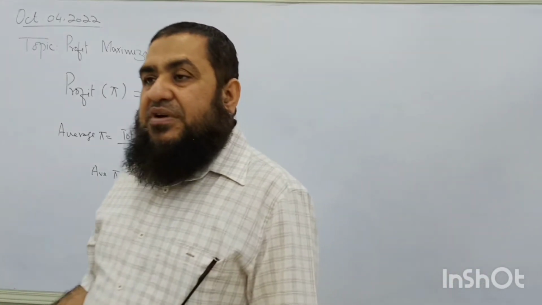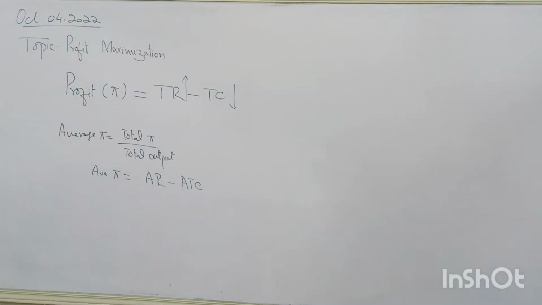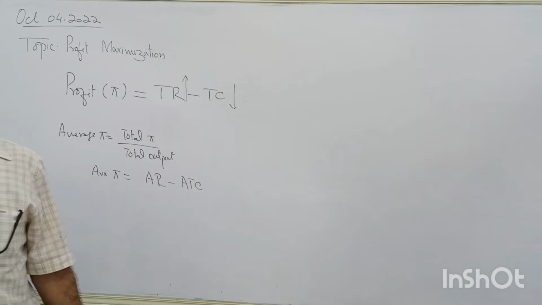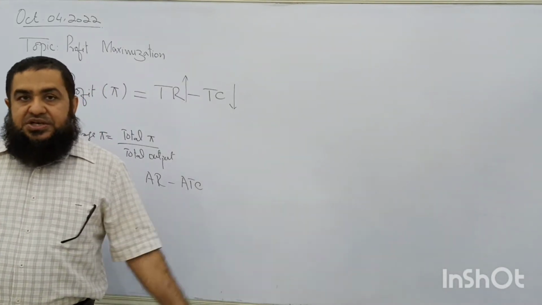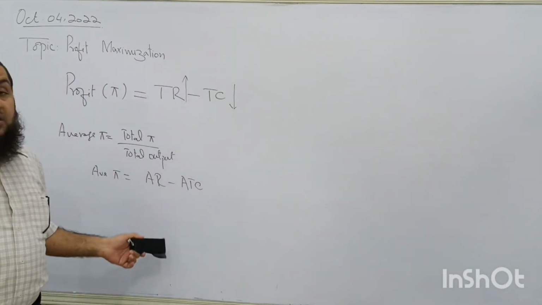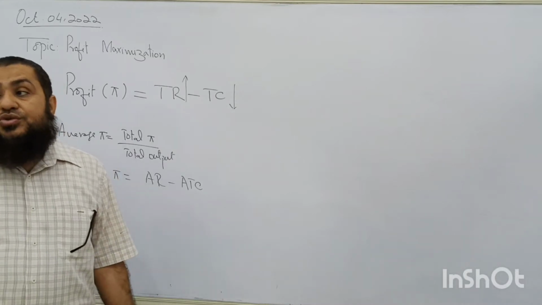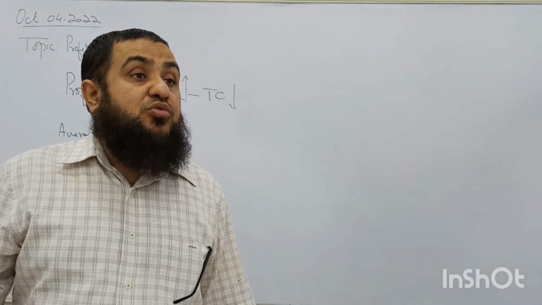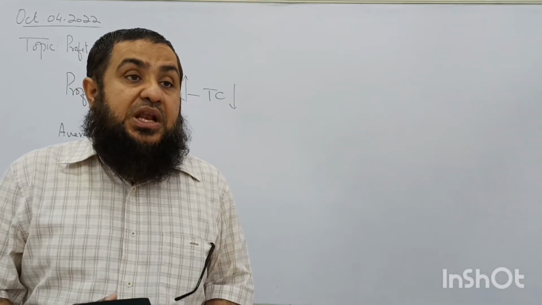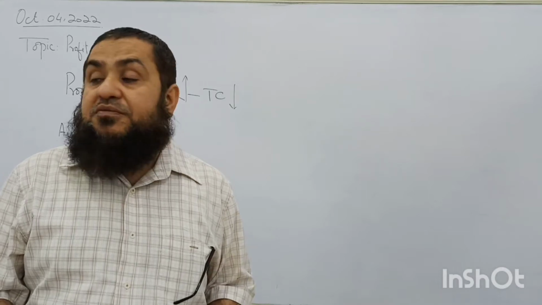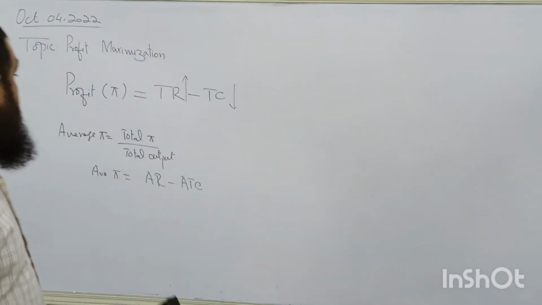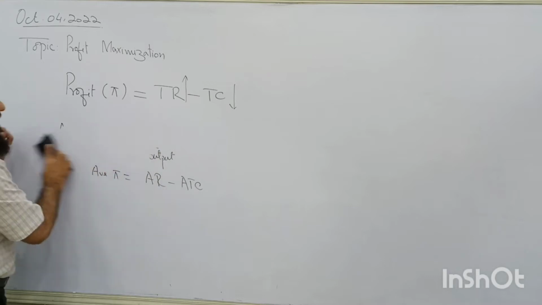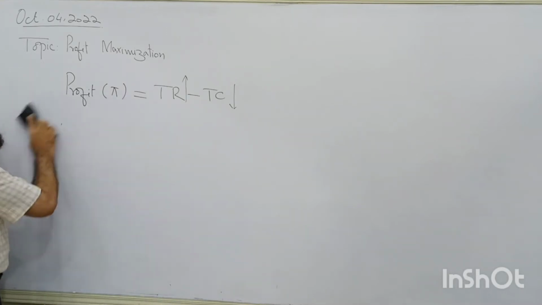Now profits are having different types, like supernormal profit or abnormal profit, normal profit or subnormal profit. We will see it later in this lesson, but right now I am going to show you how a price taker firm will be able to maximize its profit, how it can produce the level of output where its profit will be maximized. Now, first of all, I am going to see price taker firm.